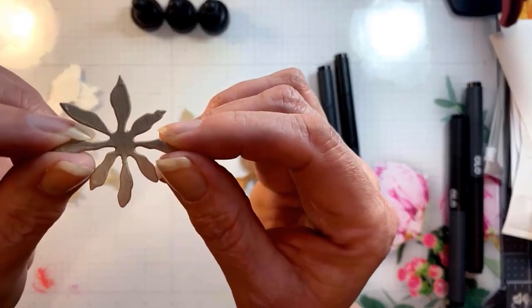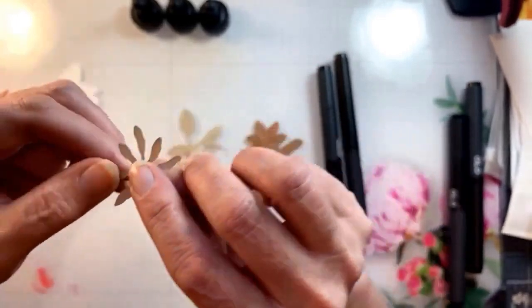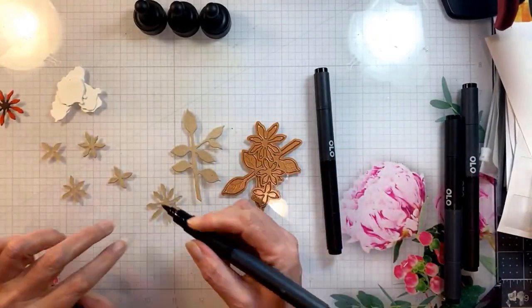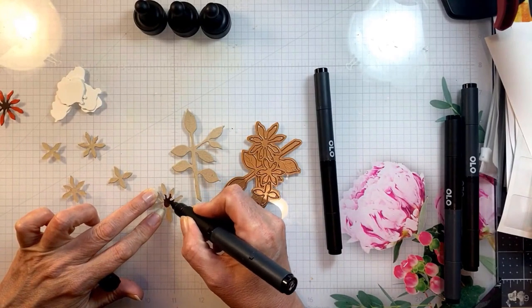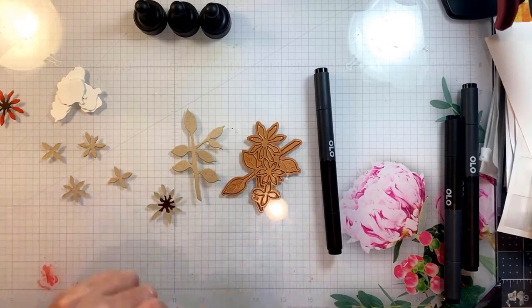So what I want you to do is note the way your dies look when you cut them. This is the finish side and this is the back side. We're going to be utilizing the back side with the Ola markers for this fun technique that makes florals look sort of organic. So I flip this over to the back side and I'm coloring on it with a very